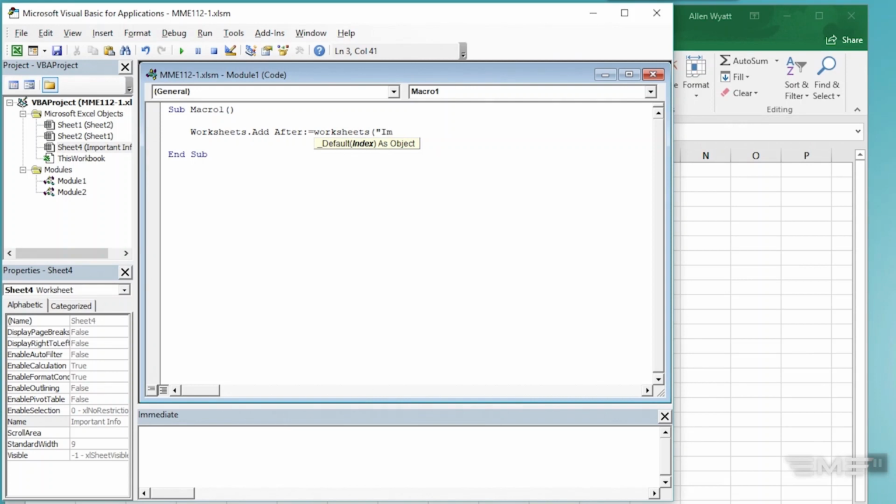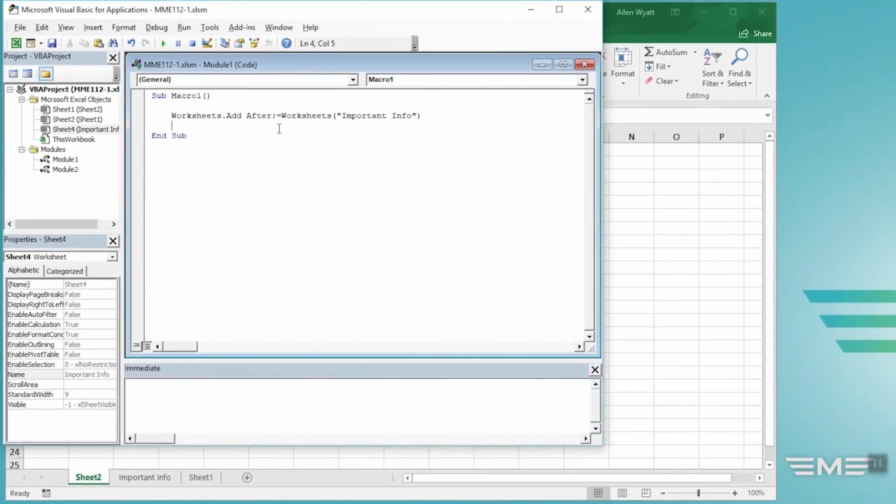So we would say important info. Now it's very important that we type that exactly as we expect it to be, because what's going to happen is that VBA will find that worksheet, the important info worksheet, and it'll add the new worksheet right after it. So I'm going to go ahead and run this and watch at the bottom of the screen